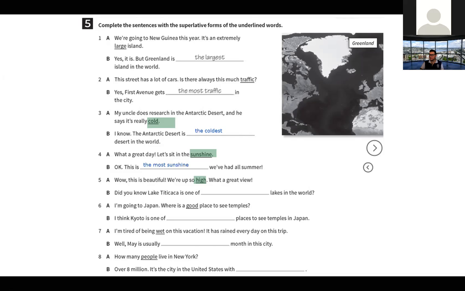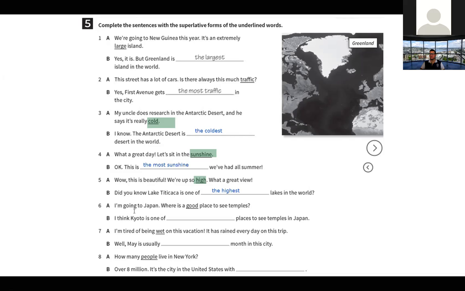Did you know Lake Titicaca is one of? Eso. Don't forget, que siempre usamos los superlatives con el the, ¿ok? You say the highest, the most sunshine, the coldest. Yeah? Lakes in the world.